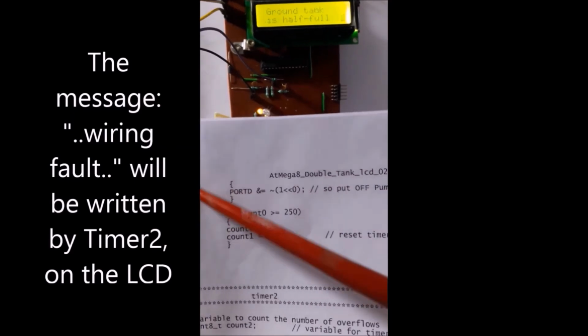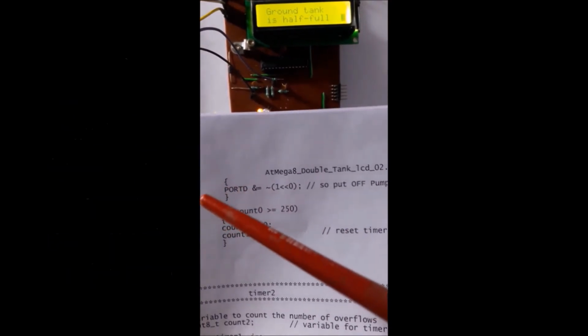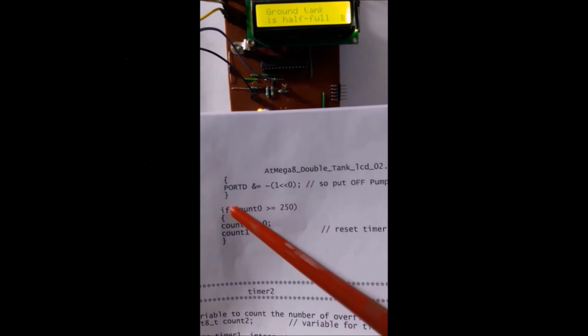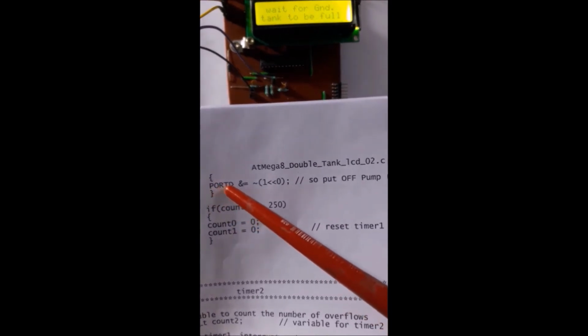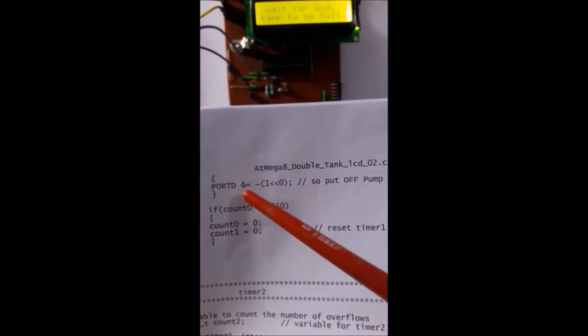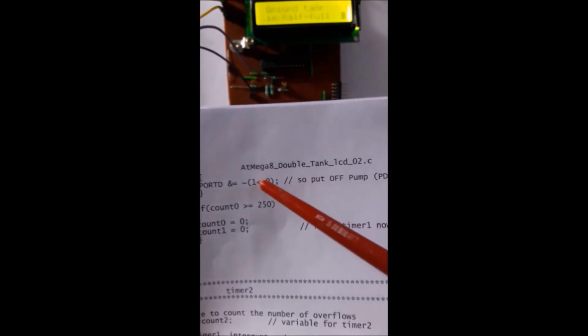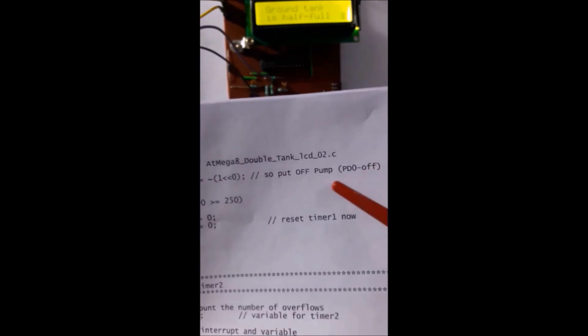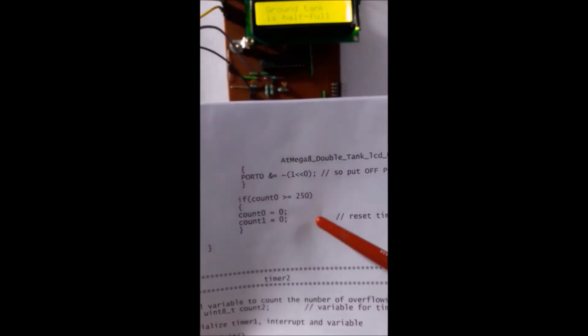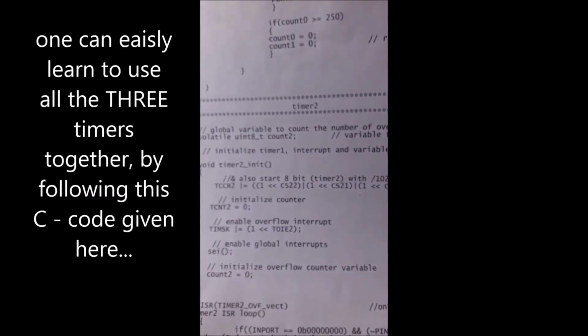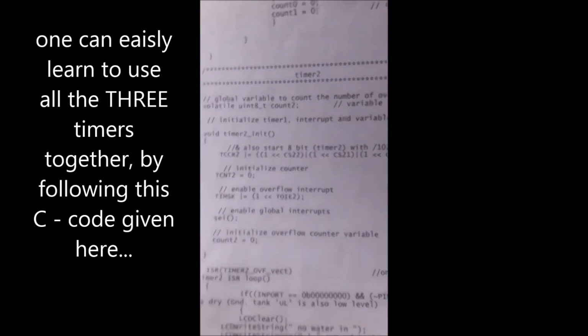There the timer 0 will put the pump off if any of those 14 false conditions are present. Pin D0, which is the pump pin, will go off and the pump will be put off, and then it will reset. Now the third timer, timer 2, is also configured, as you can see.